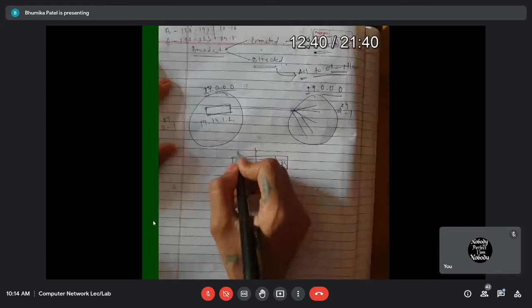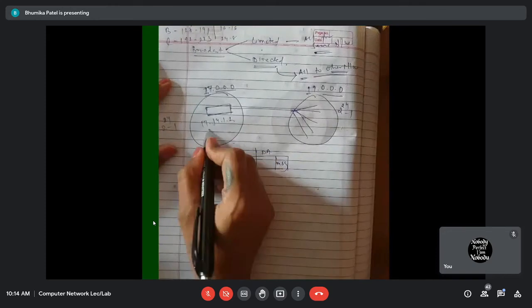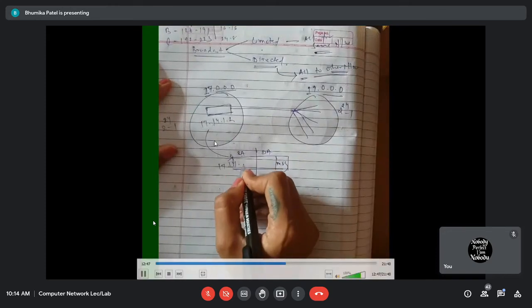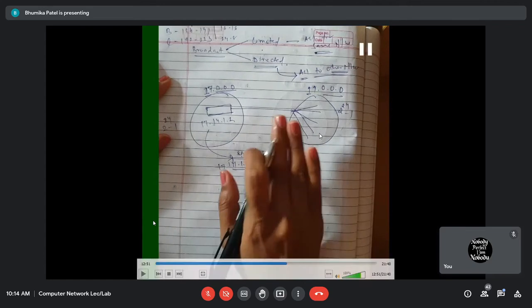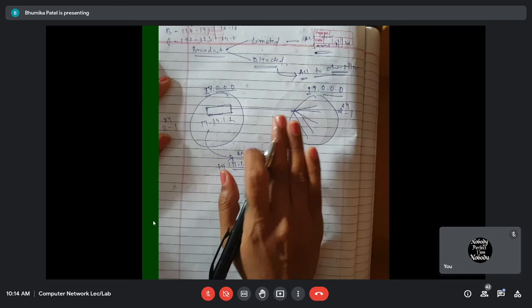All to another network. So it is a message, and in the source address we are going to write the IP address of the sender, that is 17.14.1.2. But in the directed broadcast destination address, now we have to write the directed broadcast address. Now, as it is not the same network, we are going to consider the other network. So first of all, it has to identify the network.